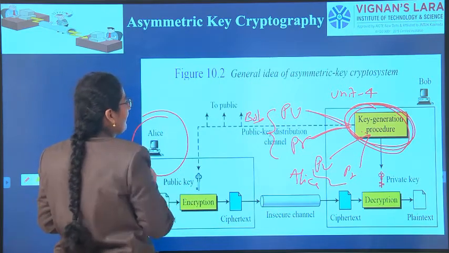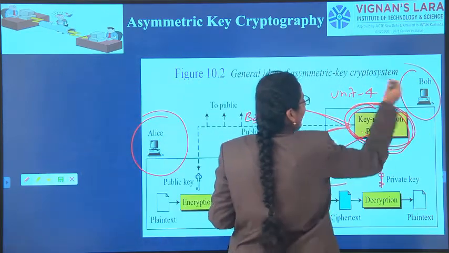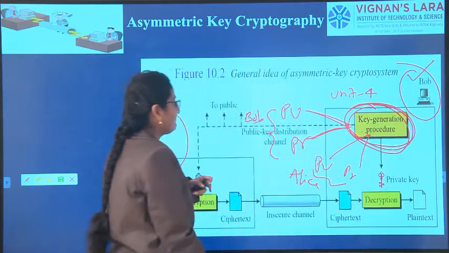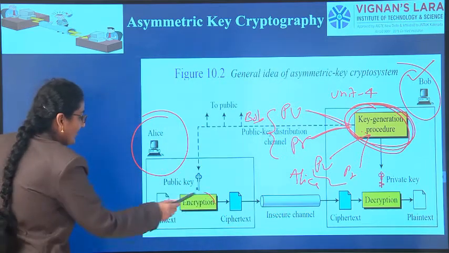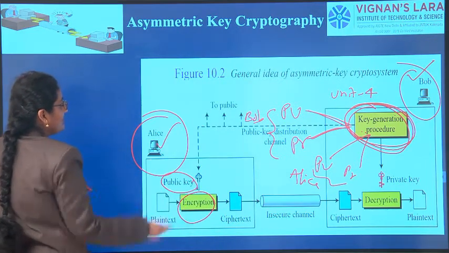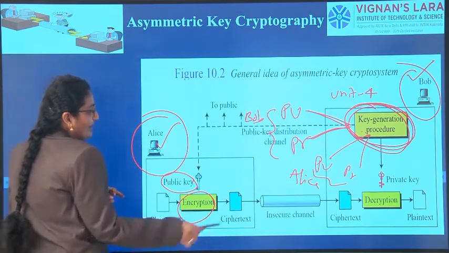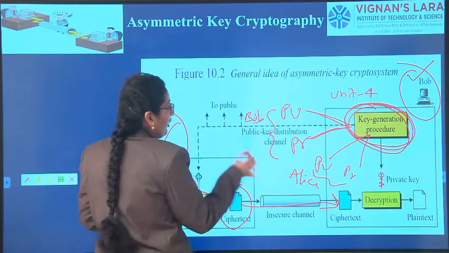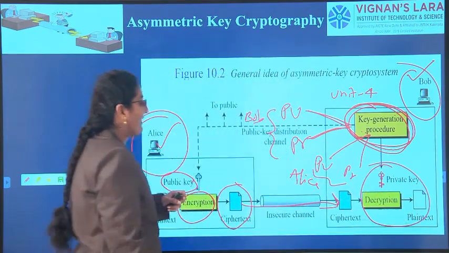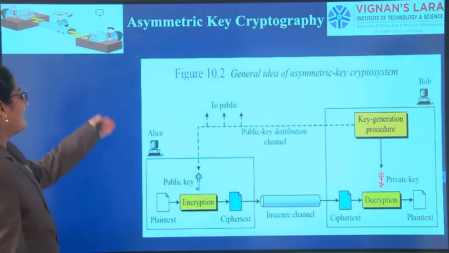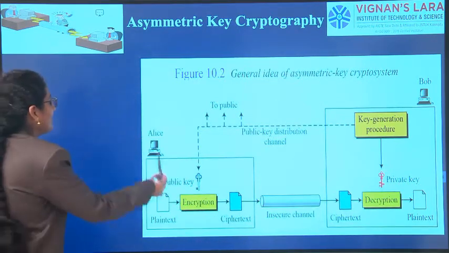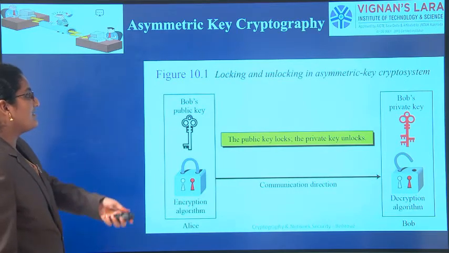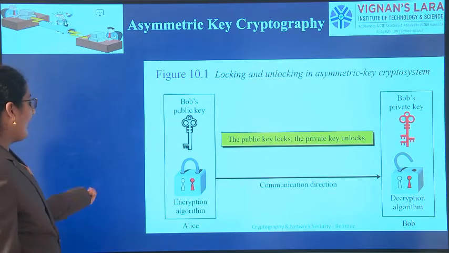Now Alice also has a public key and private key. Bob also has a public key and private key. But we are not using the private key of Bob here now. So for encryption we are using the public key of Alice. So it is encrypted, and that ciphertext is given to Bob. Bob will take the private key of Alice, decrypt, and get the plain text. So in this example, Alice is the sender and Bob is the receiver, so we are using Alice's keys. In the before example, Bob is the sender and Alice is the receiver, so we are using Bob's keys.